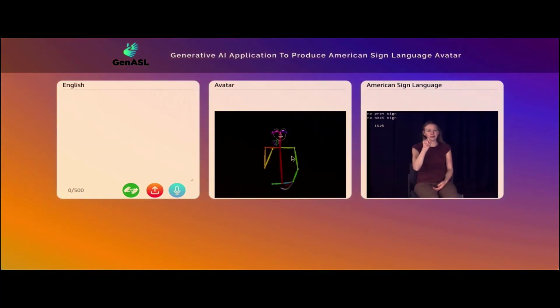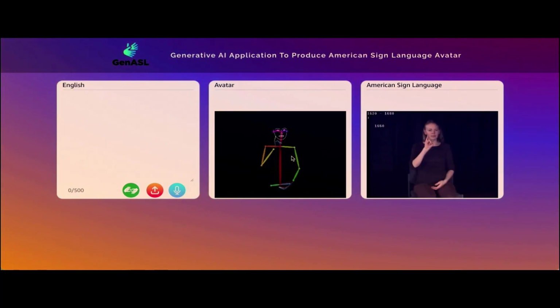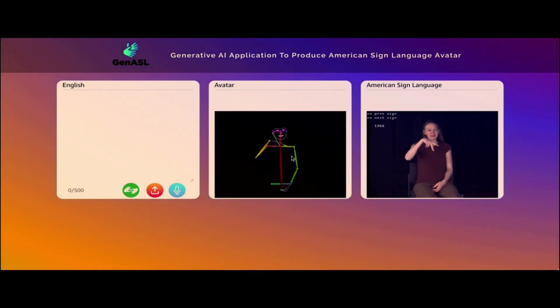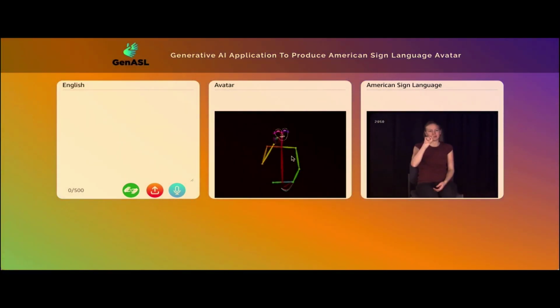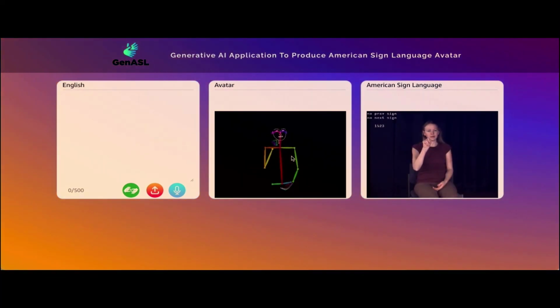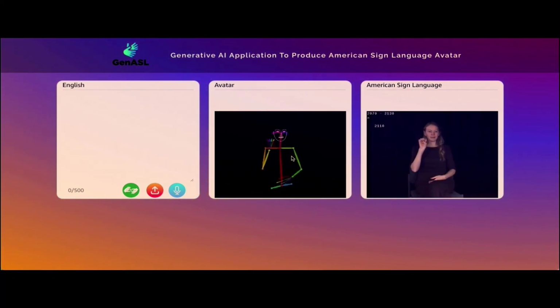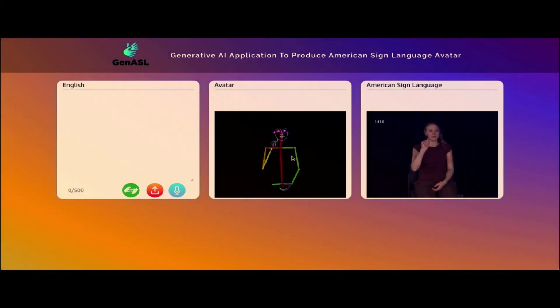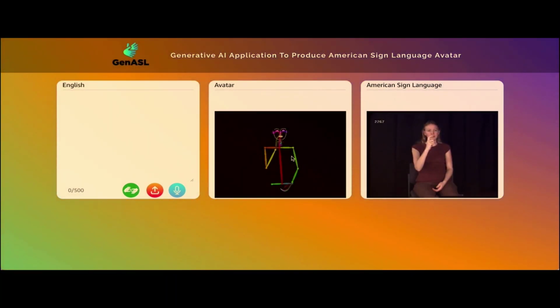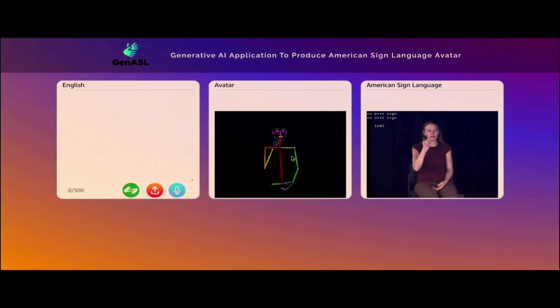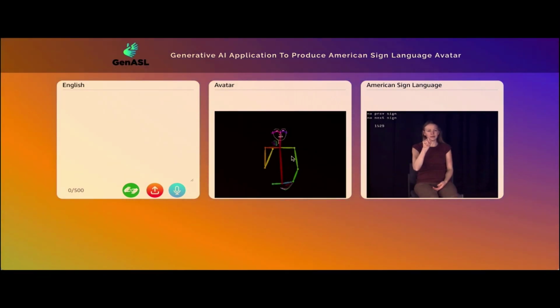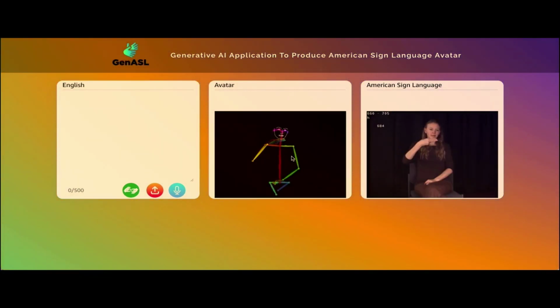So here, I pre-recorded an audio file saying what is reInvent. AWS reInvent is a learning conference hosted by AWS for the global cloud computing community. So whenever the GenASL application finds a sign in the sign database, it's going to take the corresponding sign video and bring it back. If the sign is not available, it's going to fall back to finger spelling.